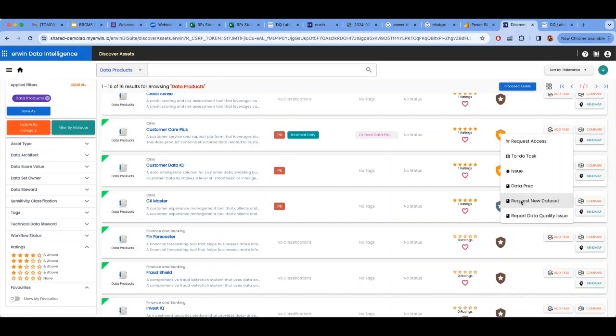We can generate the ETL, we can generate the stored procedures if needed, and create that pipeline, push the data from the source to target, and make it available to the end user. So this marketplace is not only here to shop for the end products, but there are workflows and processes behind the scenes, all the way from the modeling to the mapping and the lineage and the automatic creation of the pipeline.